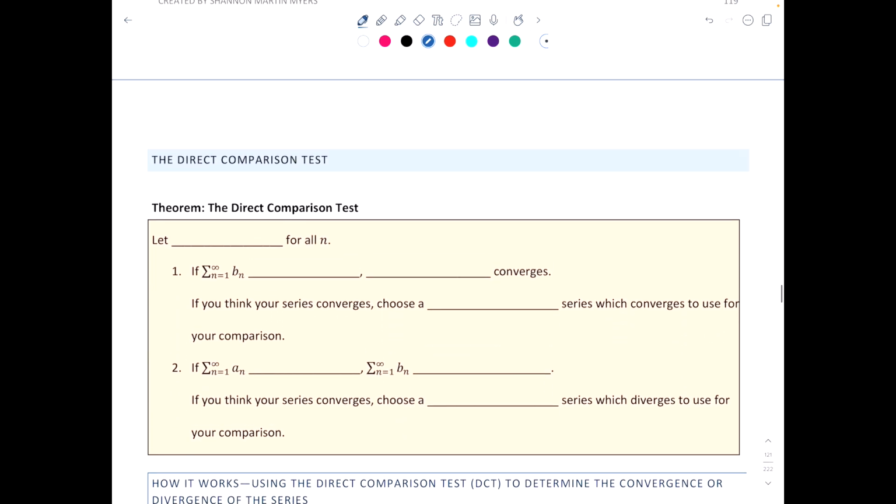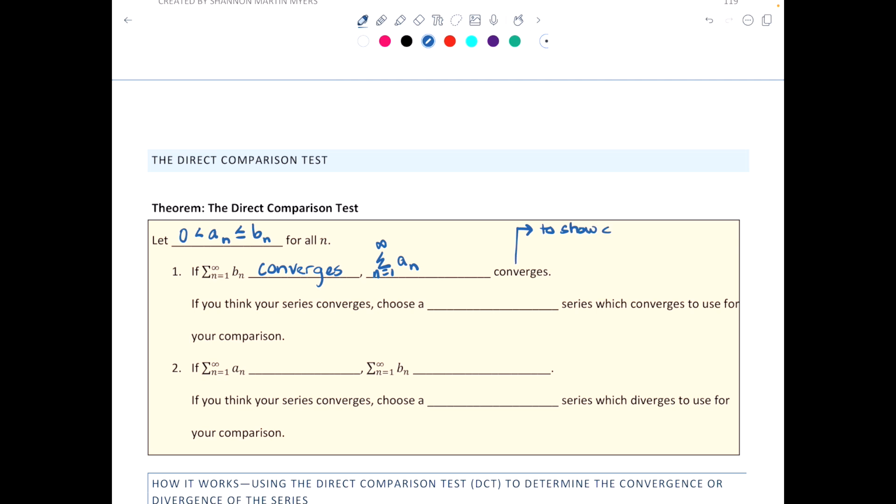Now, the direct comparison test. We're going to let 0 be less than a sub n, which is less than or equal to b sub n for all n. Now, if the summation from n equals 1 to infinity of b sub n converges, then the summation as n goes from 1 to infinity of a sub n also converges. So basically, if